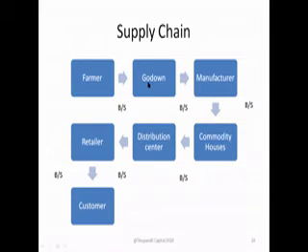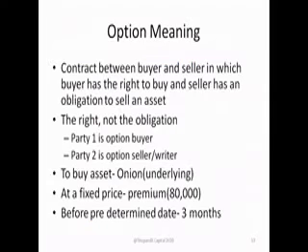The farmer is selling to the godown, the godown is selling to the manufacturer, the manufacturer is selling to commodity houses, and these commodity houses are playing the main game. You will not even come to know their names. There are names like Trafigura, Cargill, and smaller commodity houses. They are all playing this hedging game, because they have physical goods in their warehouses and distribution centers, and they are hedging through options. So while you are just doing paper trades, actual business is happening there. You need to understand that there is a different mindset in the market.